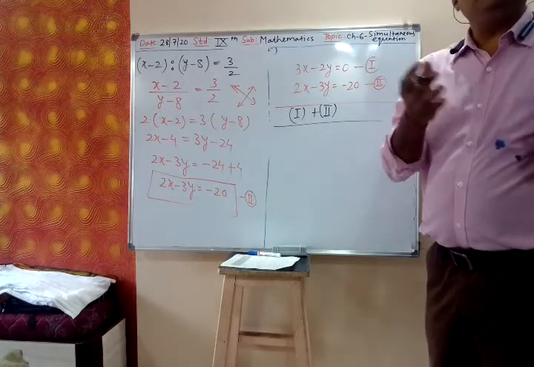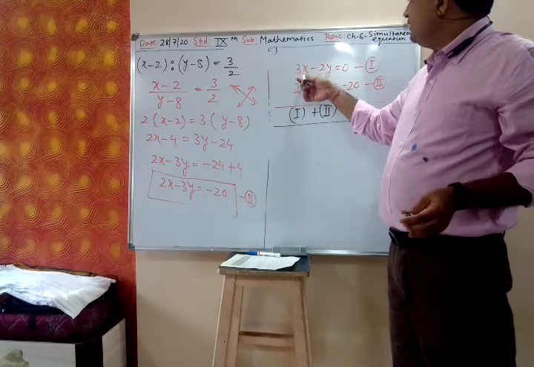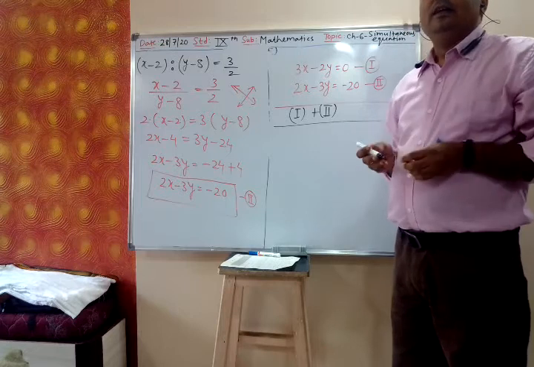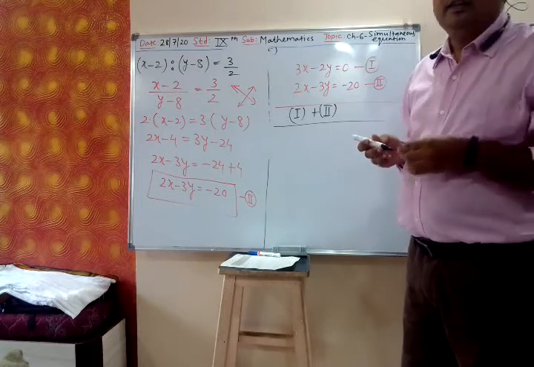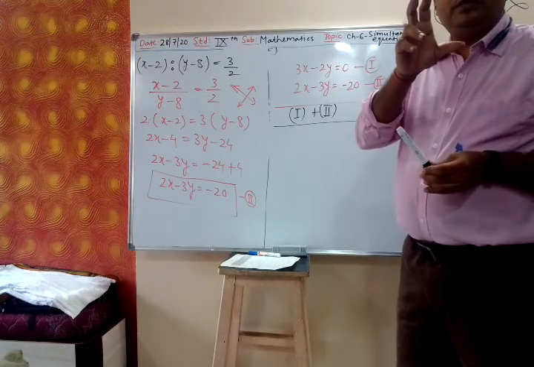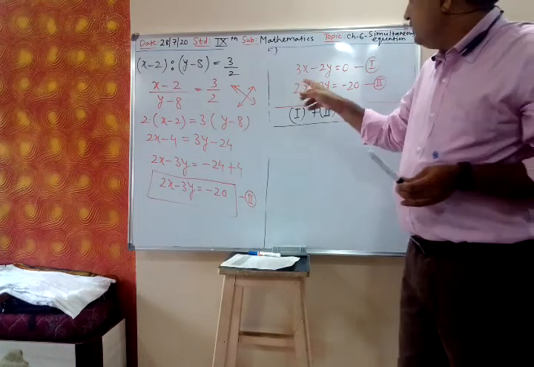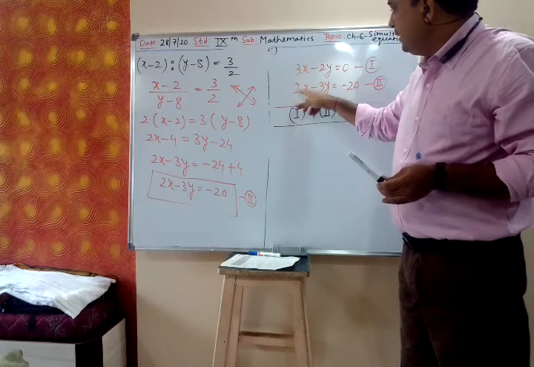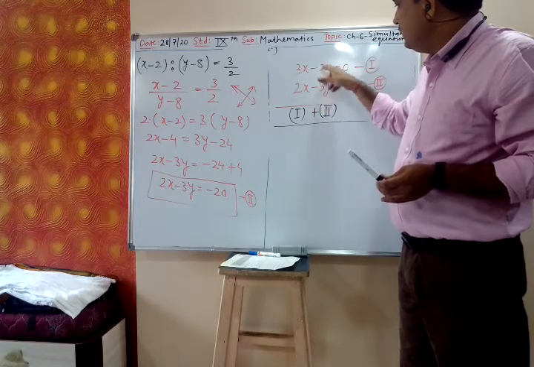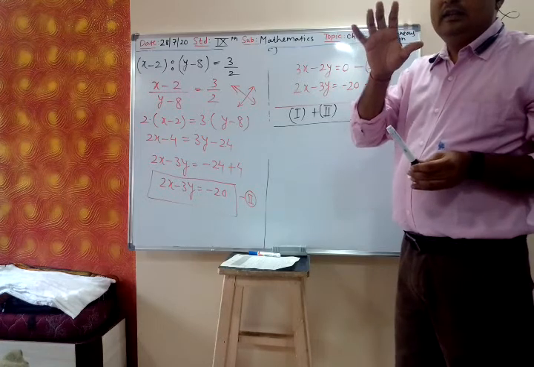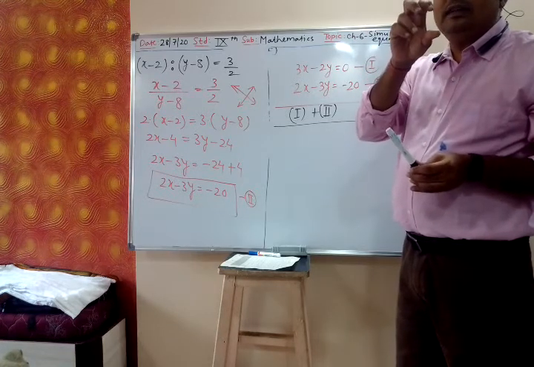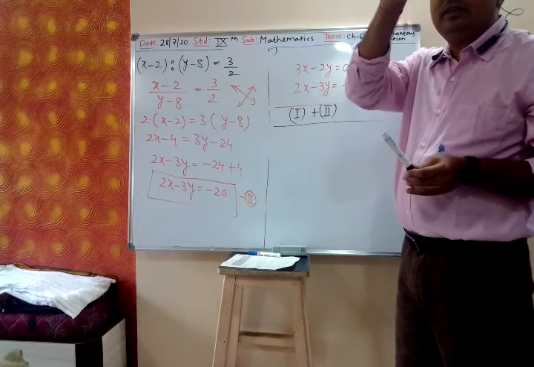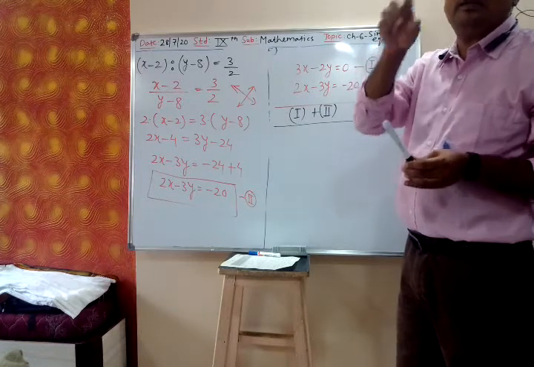Yes, you can do that. No problem. You can multiply this by 2, this by 3, equate the coefficients and get the answer. But what I will advise, see, direct equating coefficient will create a problem when these numbers are bigger. Suppose it is 101, 502, 502, 101. When the numbers are bigger, then directly equating coefficient will be slightly complicated. So in that case, we add 1 and 2, get 3, we subtract 1 and 2, get 4. Then we solve 3 and 4.